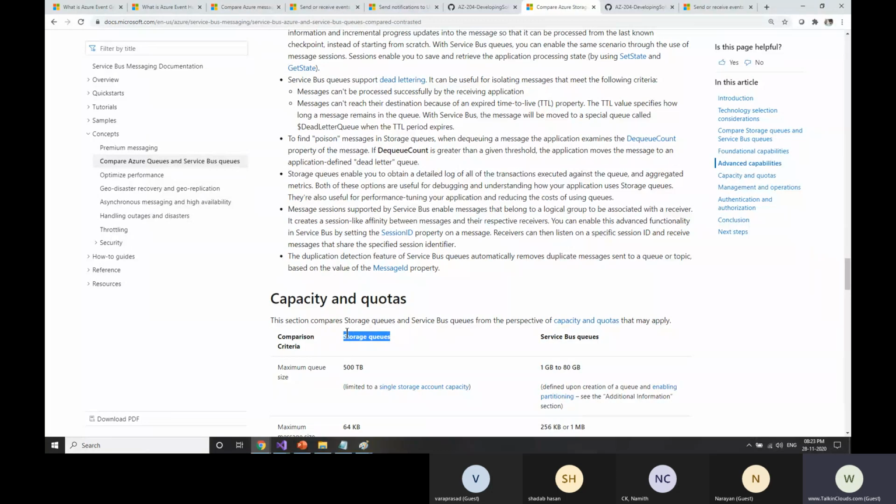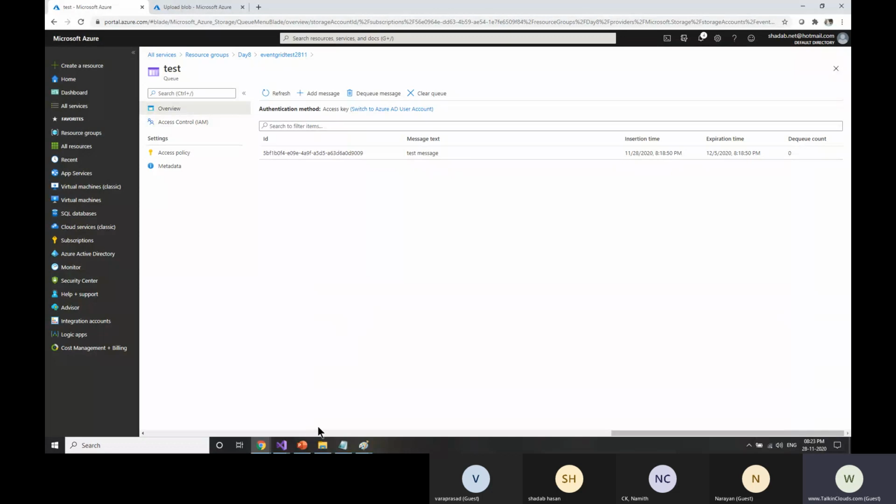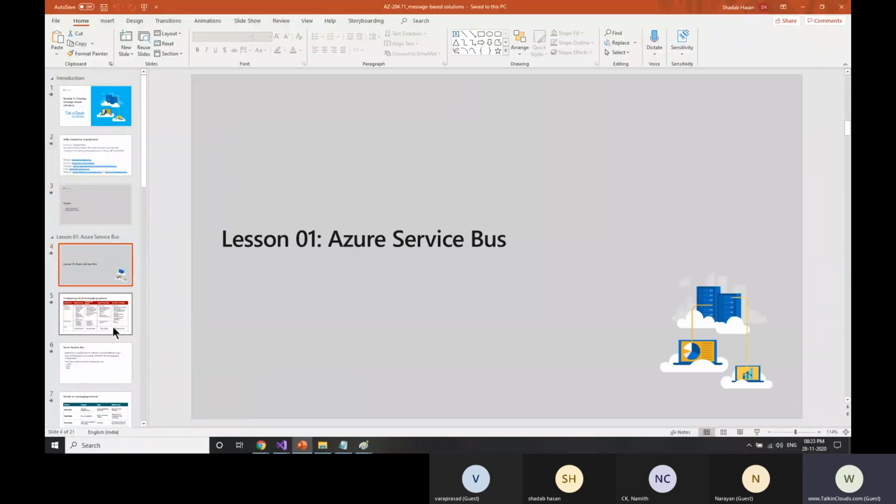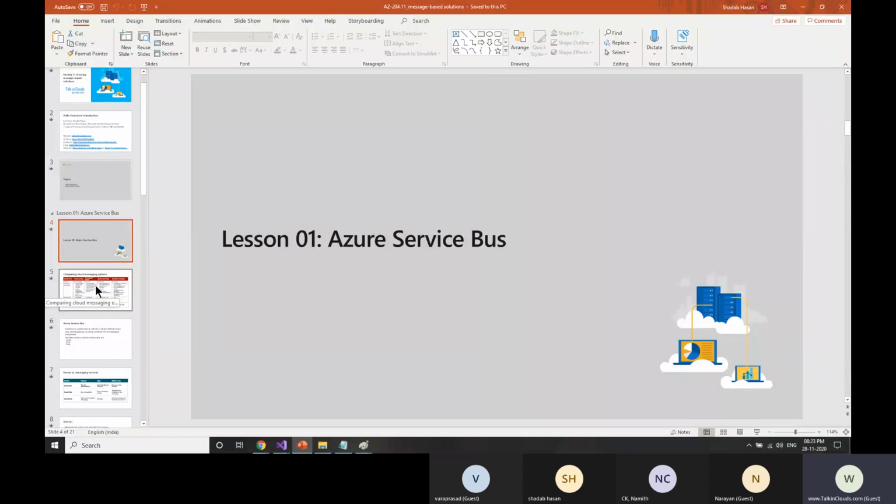A storage queue can be used within Azure. If you have one application talking to another application and you want to do some data manipulation, which you want to achieve within Azure for your application, that's fine. But if you talk about enterprise architecture where you want to communicate to another client and send data, you must use the service bus. So this is what we are going to discuss next.